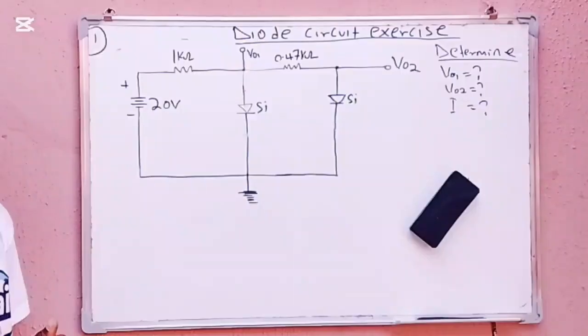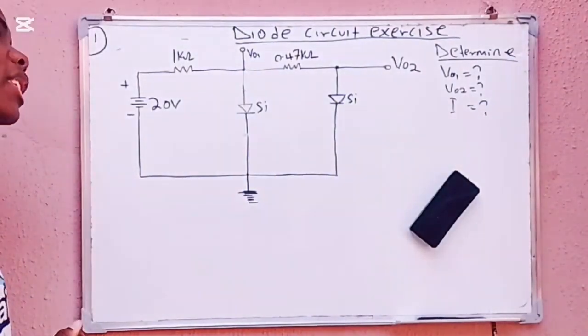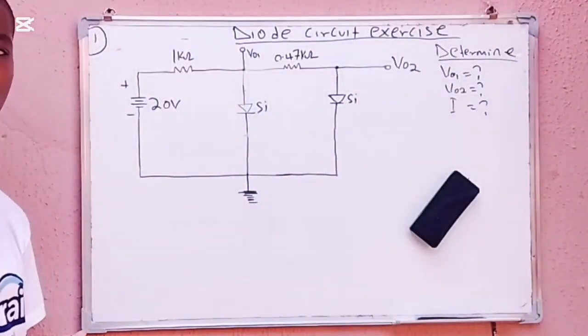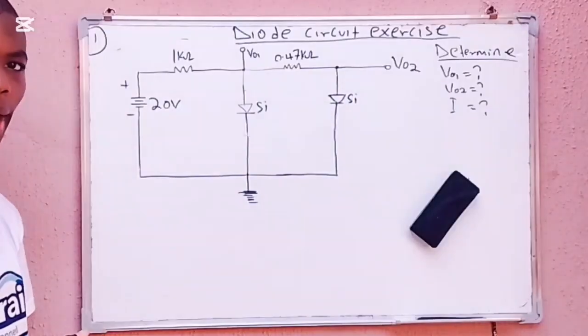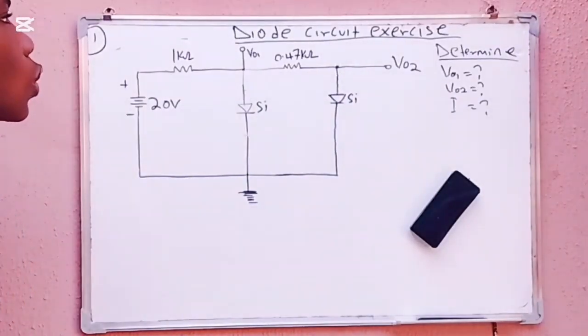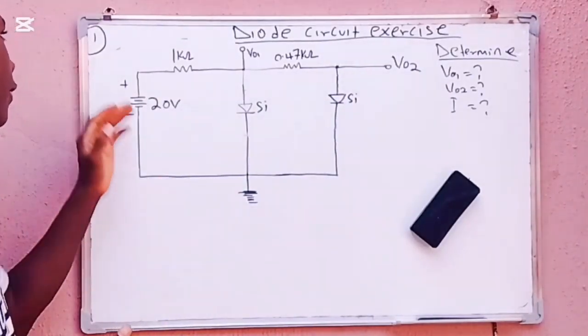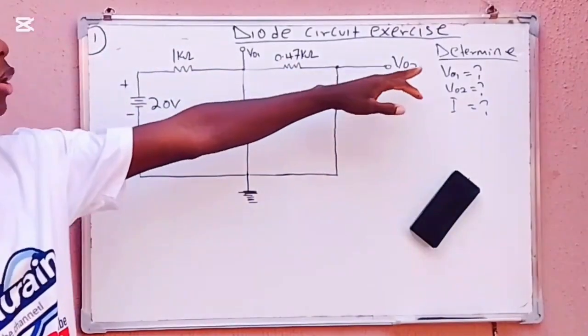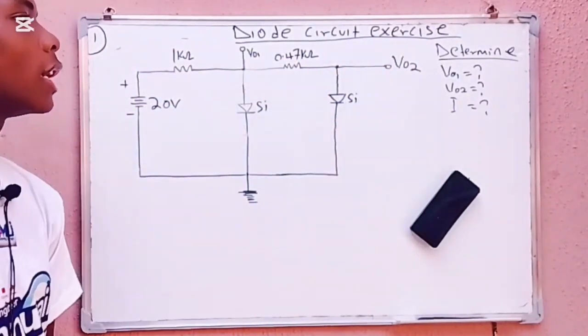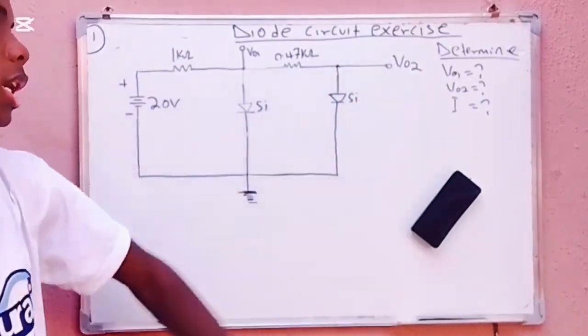In the last video we introduced electronics and some definitions on semiconductors, diodes, Zener diodes and LEDs. So we shall see the exercises one by one. The first question says that we are to determine VO1, the V output 1, and